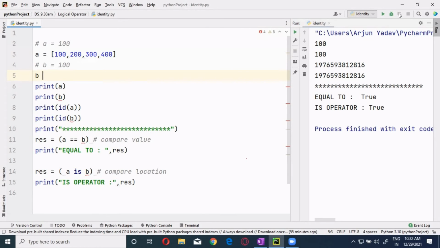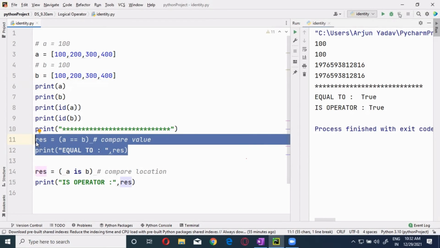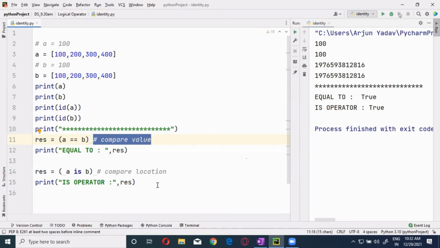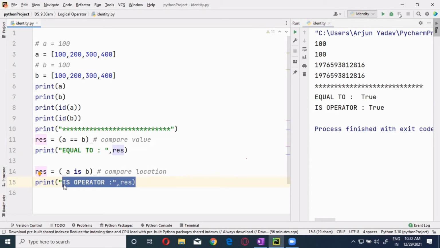Sequential data type will never follow the fundamental rules. Values are same. So according to our equation, is equals to should be true because it will compare the values. But the is case should be false, because whenever you're using the sequential data type, variables holding the same values will never point to the same memory location. They will point to different memory locations.